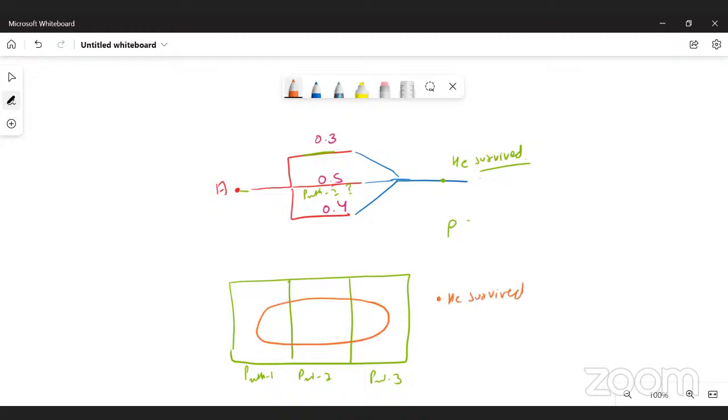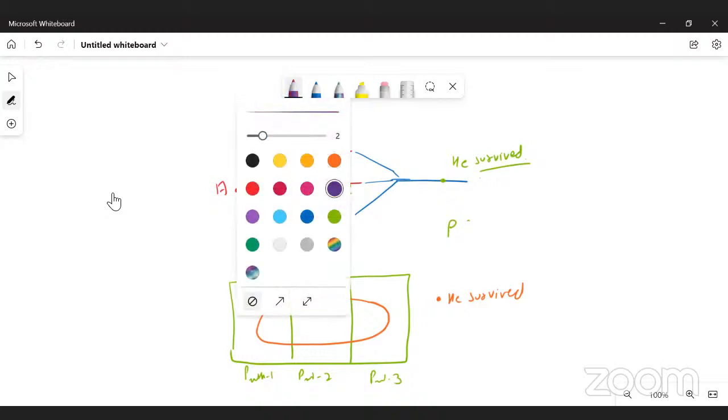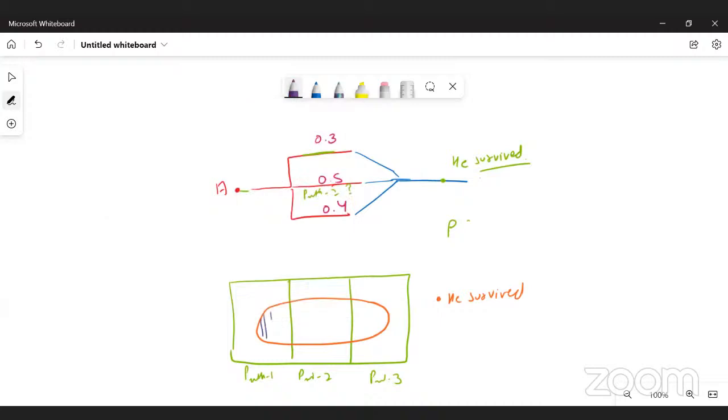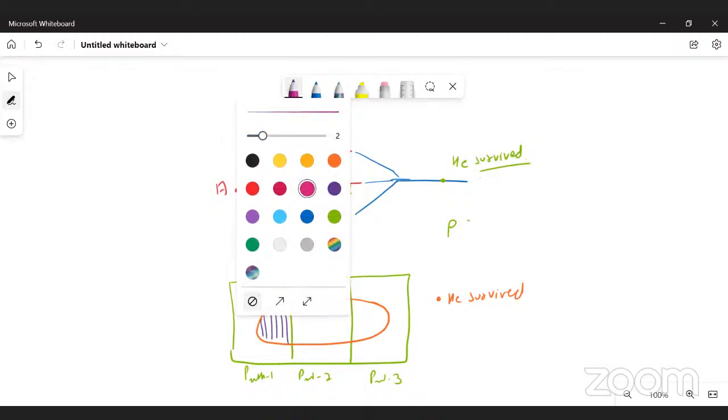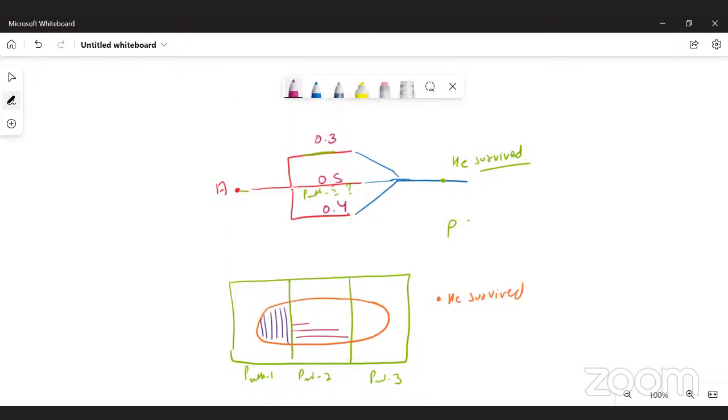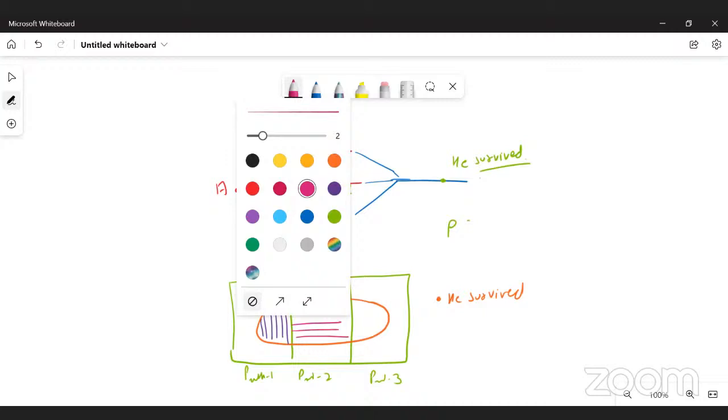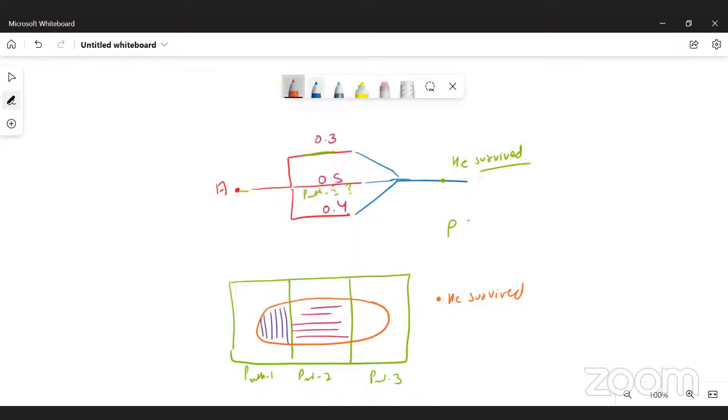Survived. Now I have knowledge about each of the paths. Like if you go by path 1, he will survive with 70% chance. In path 2, he will survive with 50%. So what we do is compute the probabilities, because I have knowledge about each path. I will compute from path 1, then from path 2, and then from path 3, and I can add all of them and get the total probability that he survived.